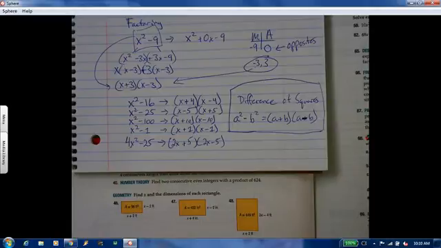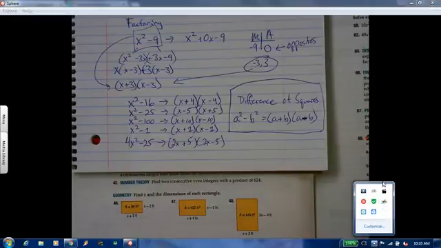I'm going to just toss this. Be right there, Dawson. What if it doesn't have like the number in front of x